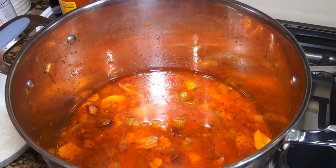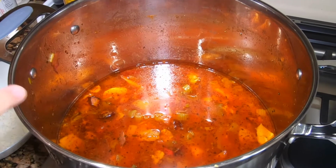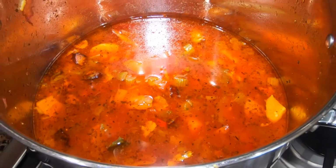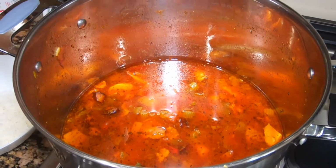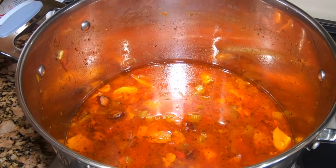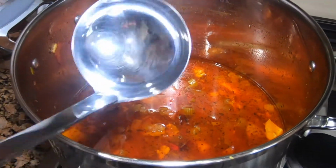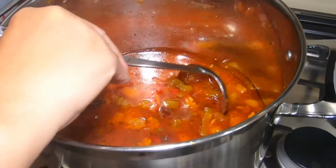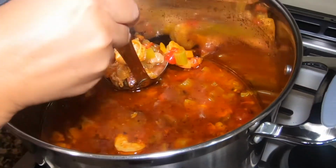Okay, so we start out with the full pot, and now we only have half of it. I gave some to my nephew who liked the jambalaya, and I gave some to my younger brother. So leave us this much. So we normally like to eat it with rice, so I cook some rice, and then we're just gonna grab